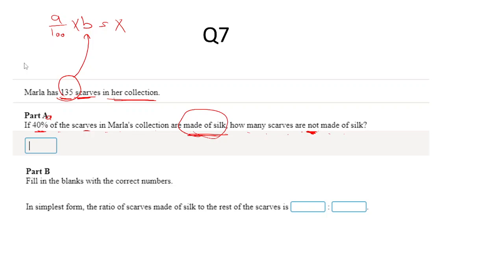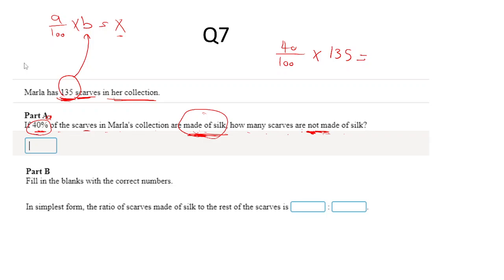This is the same as the previous question. Green, not green; here, silk, not made of silk. So follow the same procedure. I have to get the value of the 40% made of silk, then subtract it from the total scarves, and I will get the scarves that are not made of silk. So let's do it. Now I will say 40% multiplied by